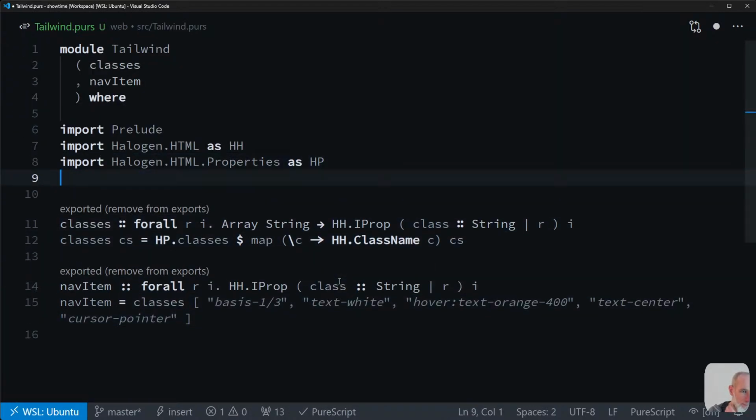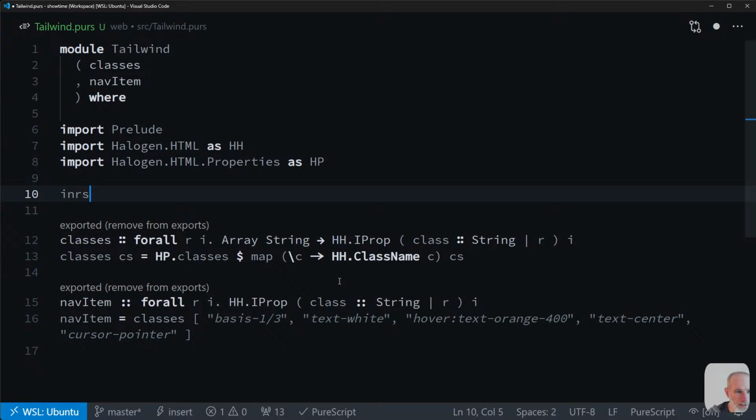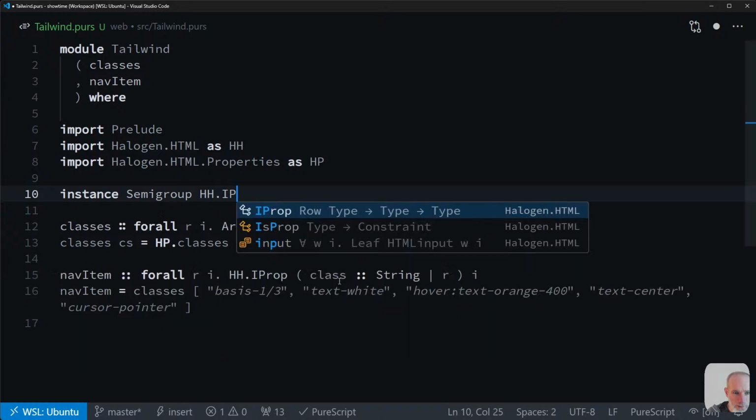So I don't know if I can write an instance at this point for another class. I couldn't do it in Haskell. Probably can't do it here either. Worth a try though. Semigroup of hh.iprop